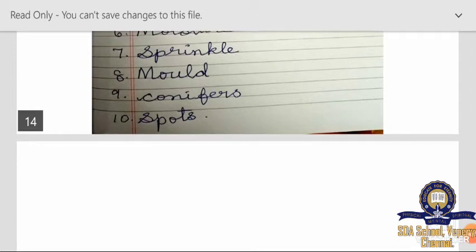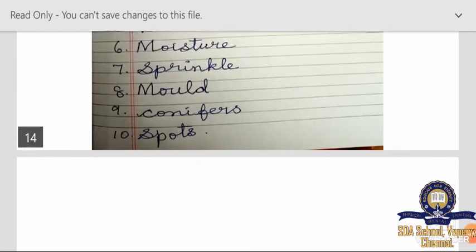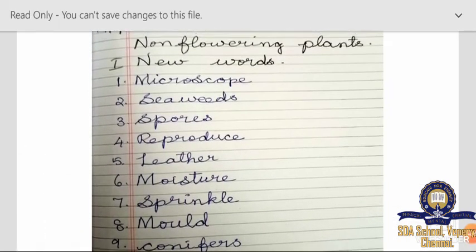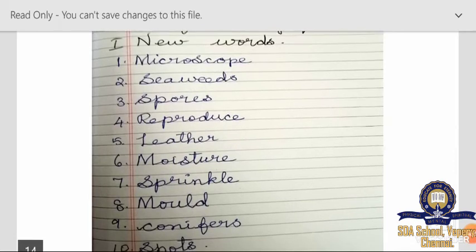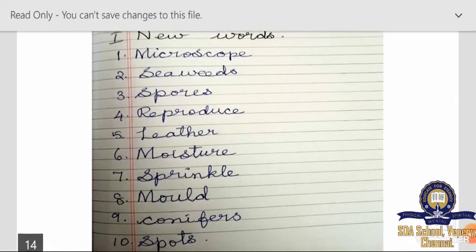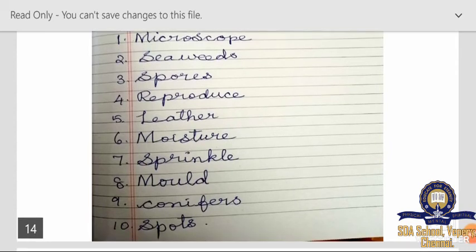Conifers. C-O-N-I-F-E-R-S. Next, the last spelling, spots. S-P-O-T-S. You should learn the spellings and write them two times, take a photocopy of your writing and send the assignment to my